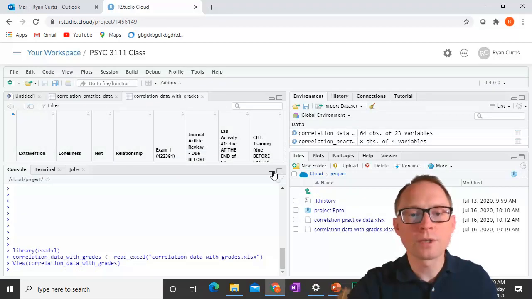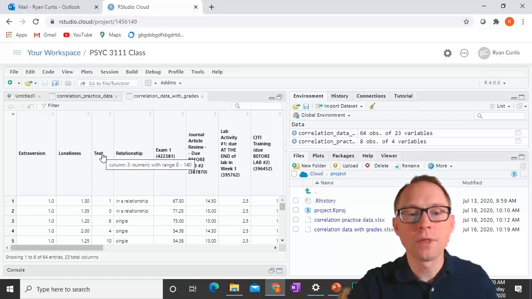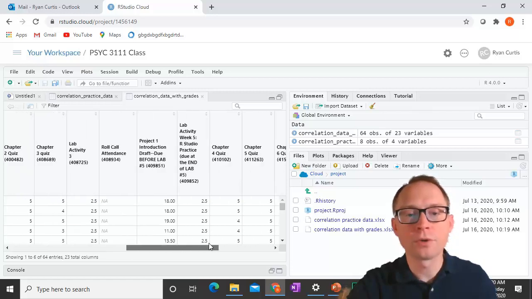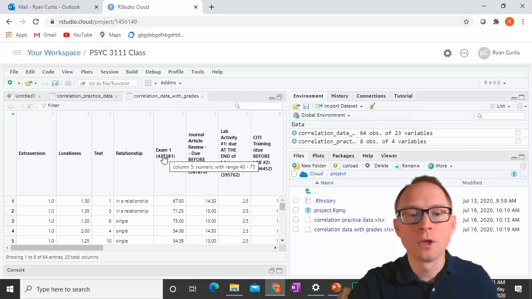Let me get rid of this for just a second. I have an extroversion scale, a few items about extroversion, a loneliness scale, the number of texts that you sent in the last 24 hours, your relationship status, whether you're in a relationship or single, and your first exam score. I also have their other scores from the other assignments, but this is the exam score, with 100% being 75 points. Okay, so what we're going to do now is run some of the data,